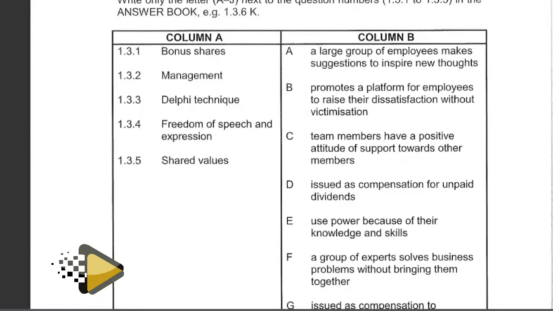A typical example given there is 1.3.6, and the matching option there is K. Okay, right. So now, grade 12, in this regard, you are advised to always go through column A and create a bigger picture of the concepts that you have learned. Also, remember, I always advise you not to rely on educators' lesson notes. Always make sure that you undertake further research after